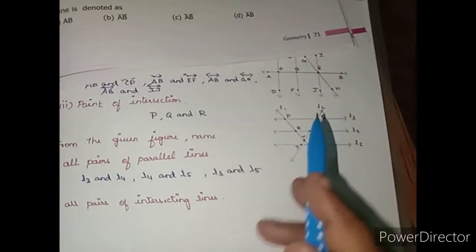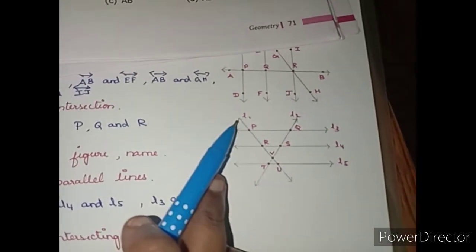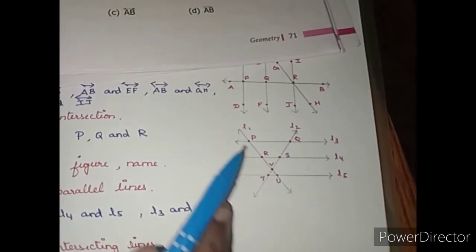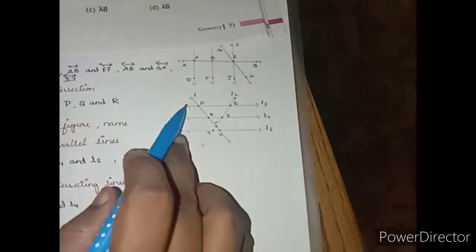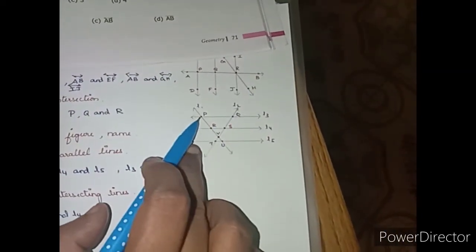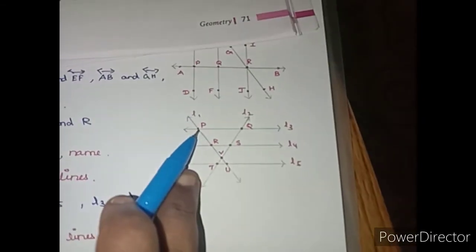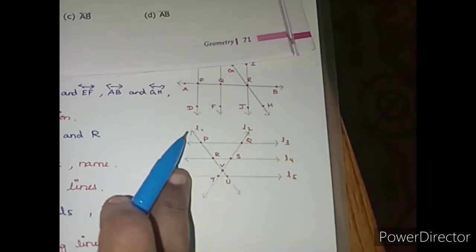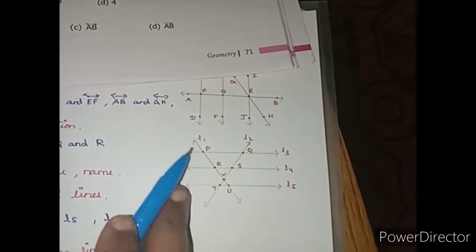See, as I told you, all pairs of intersecting lines. It is not intersecting points, it is intersecting lines. See, if you look at L3, L4 and L5, both L1 and L2 are intersecting. They are moving crossways. So, L1 and L3. Then L1 and L4. Do you understand this? L1 is intersecting with L3 at the point P. So, in the line L3, we have L1. So, in L4 also we have L1.